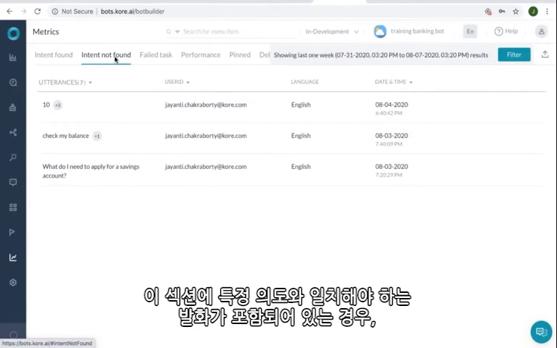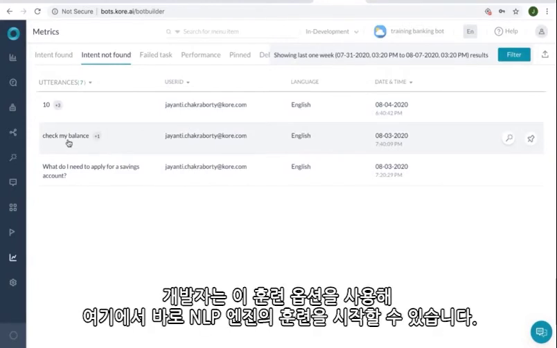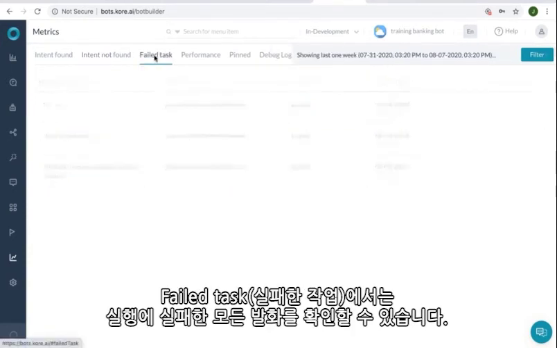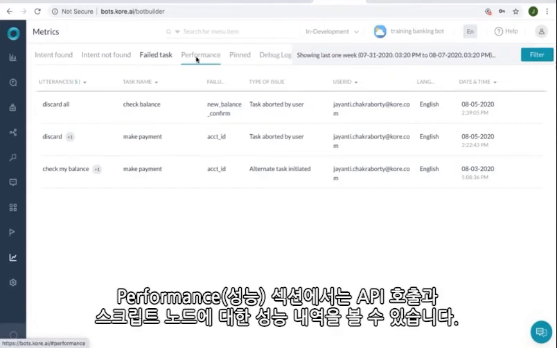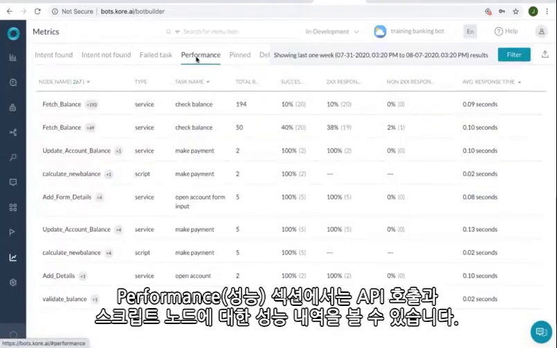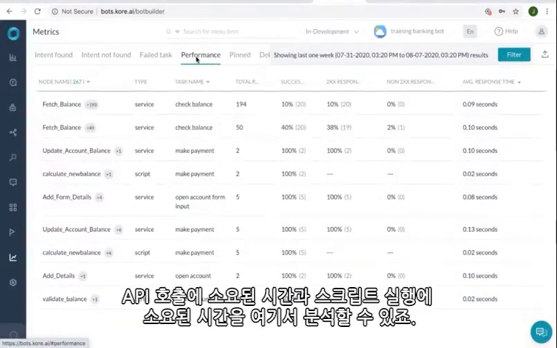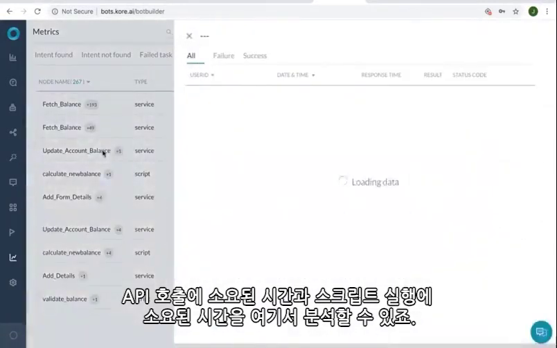Under this, if the developers find any of the correct utterances should be matched to a particular intent, then they can trigger the training of the NLP engine directly from here using this train option. Failed task shows all the utterances whose execution failed. The performance section shows the performance details of the API calls and the script nodes. The time taken for an API call or the time taken to execute a script can be analyzed in this